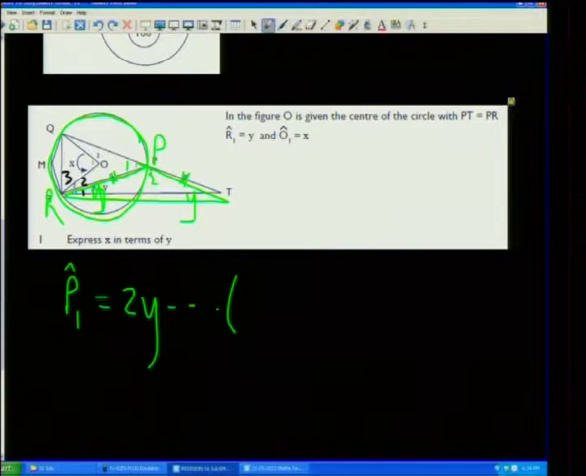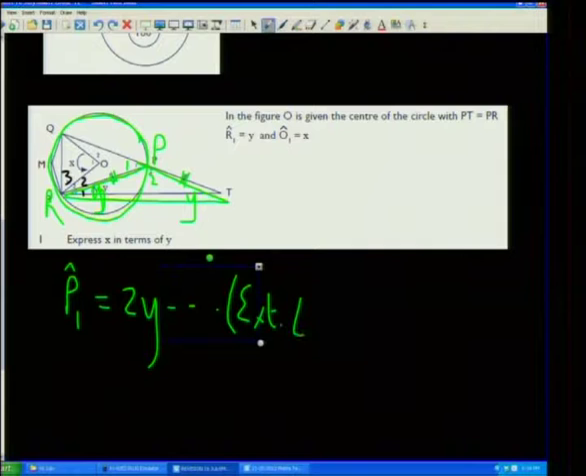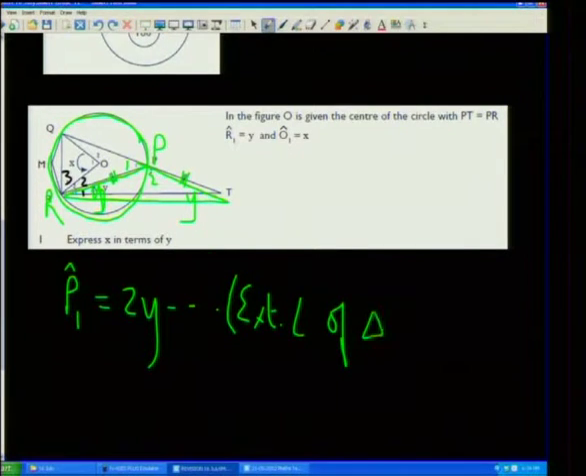You're going to say exterior angle of a triangle. Okay, that's equal to the two opposite interior angles. So you can actually complete that, but this could be enough. So there you are, you've got P1. If P1 is 2y, and you also know that the central angle, which in this case is O1, or your x,